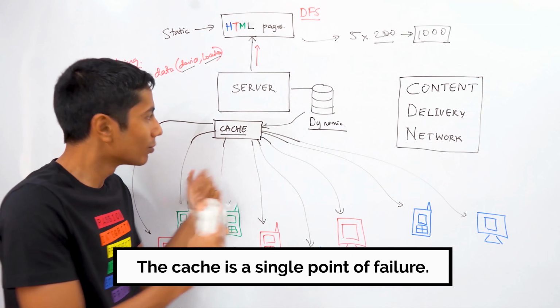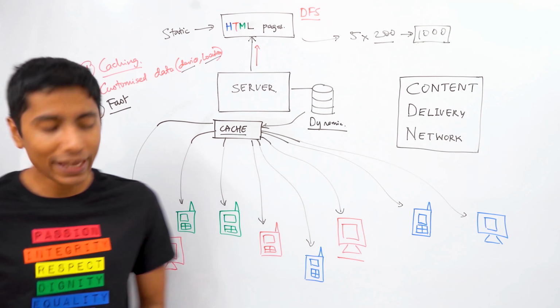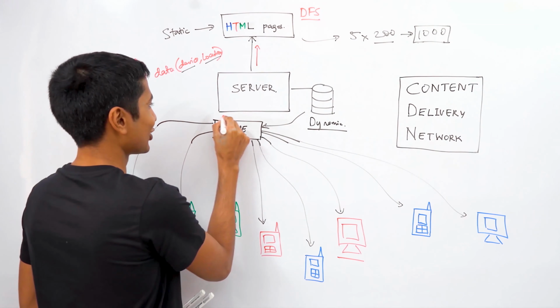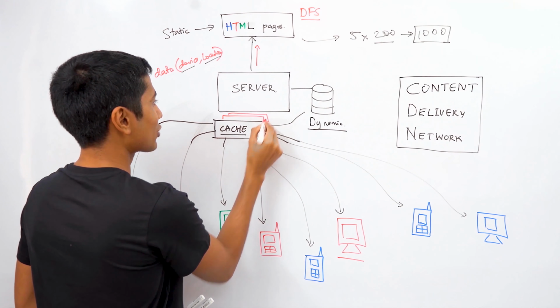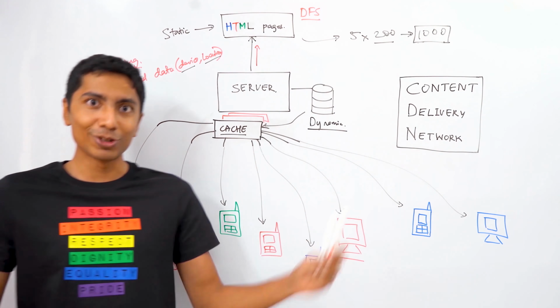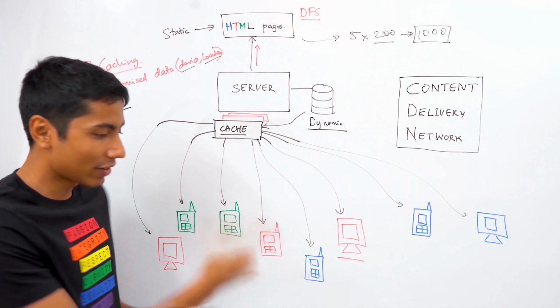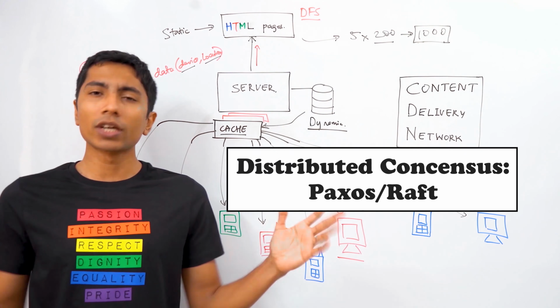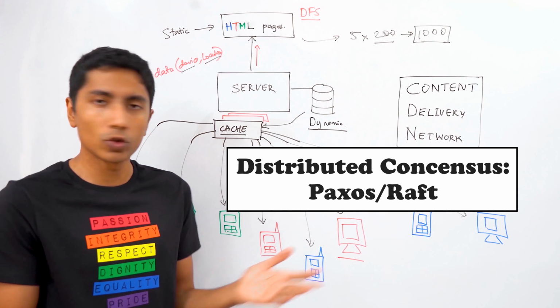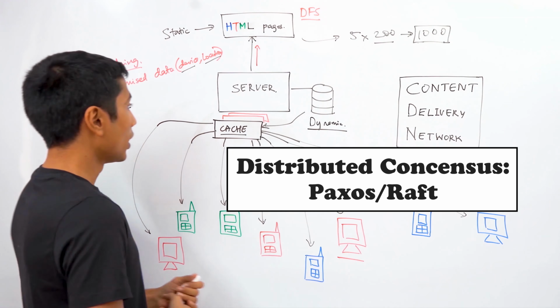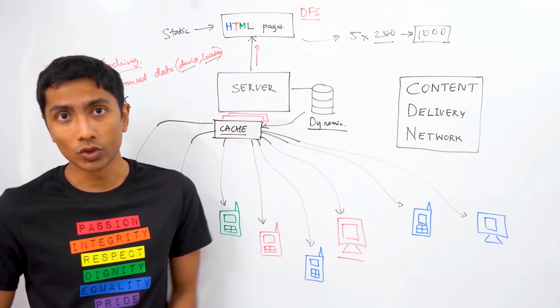So what can we do to mitigate this problem? Well, we can make it a distributed cache. All you need to do is just draw a couple of extra boxes on the background and it becomes a distributed cache, at least on the whiteboard. But okay, fine, you have a distributed cache. Let us assume that distributed consensus is no longer a problem. You have Paxos, you have Raft to take care of that. Even then, we have some issues.